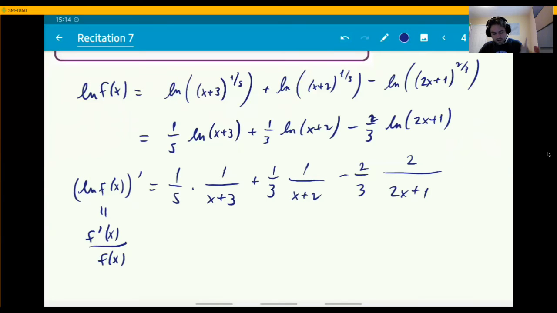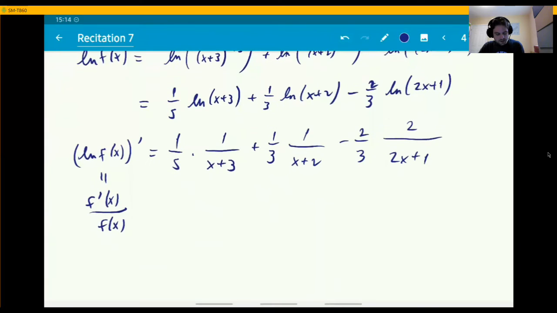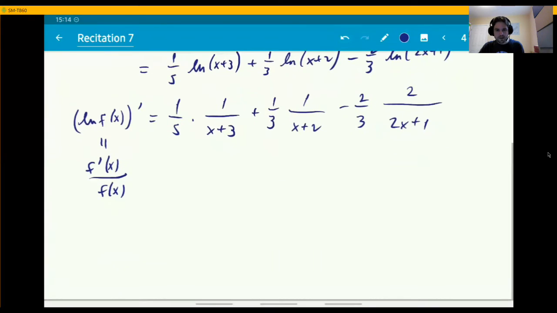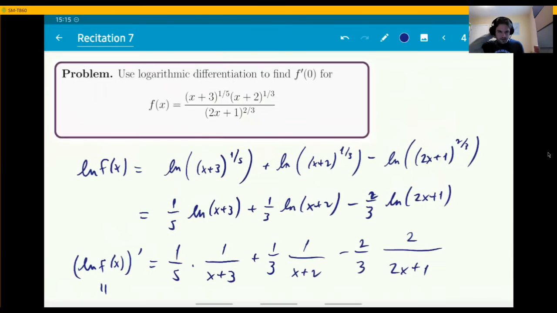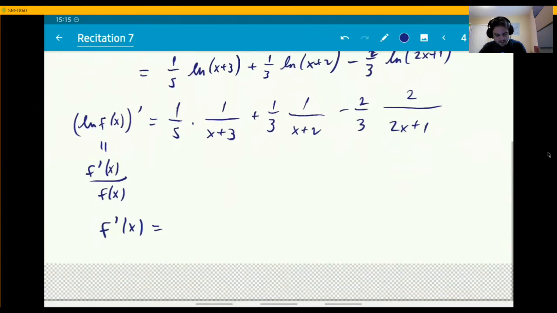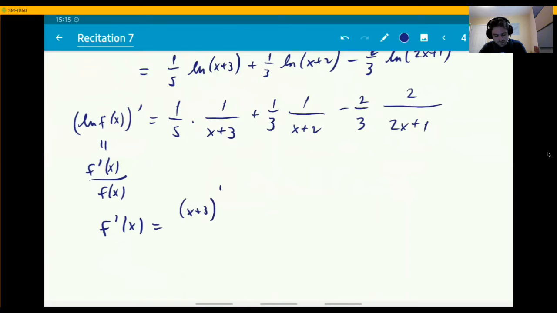I hope. Anyway, here is f prime over f. Let's not simplify this. Let's not put these fractions together. We don't have to. But this is not f prime yet. f prime is f times this. And what was f? We had our f in the beginning here. It's this mess of a function. (x plus 3) to the 1/5 times (x plus 2) to the 1/3 over (2x plus 1) to the 2/3